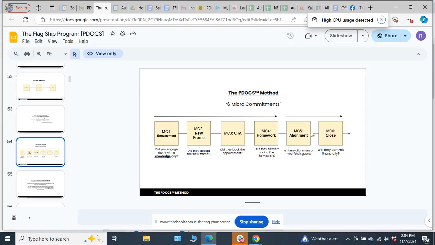And in between, we implement two more phases where we're sending homework, another resource, and the alignment phase, which, again, I'll talk about maybe briefly, but this whole presentation today isn't really focused on just this micro commitment process. This just kind of lays into the rest of it.